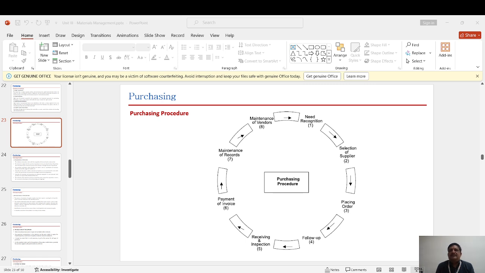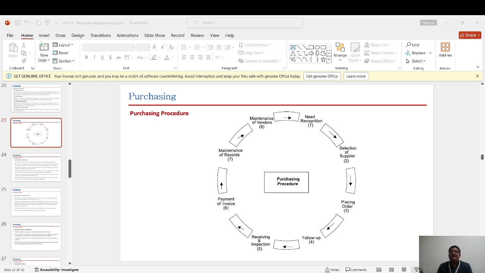Once we get this recognition of need, then we see which type of materials and other things, and all the quantities. Based on this we can select the suppliers. This is my second step. Once we find the suppliers and the quantity and other things are finalized, then we place the orders. Once I place the orders, the fourth step is making the follow up of that order according to our delivery time and the requirement of the raw materials or any other materials in the